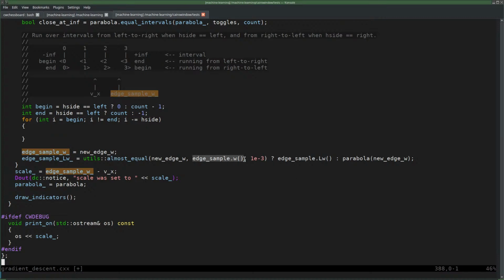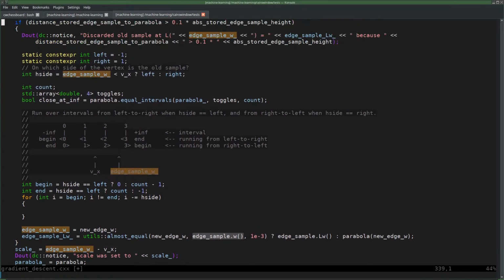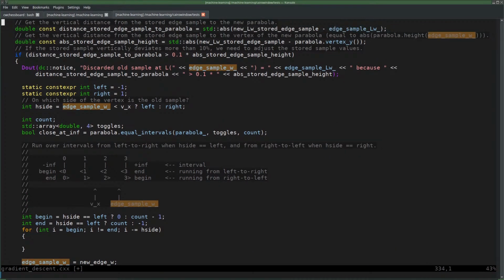It's simple double. Yep. I think I deleted the code relevant to this already. Yeah, because